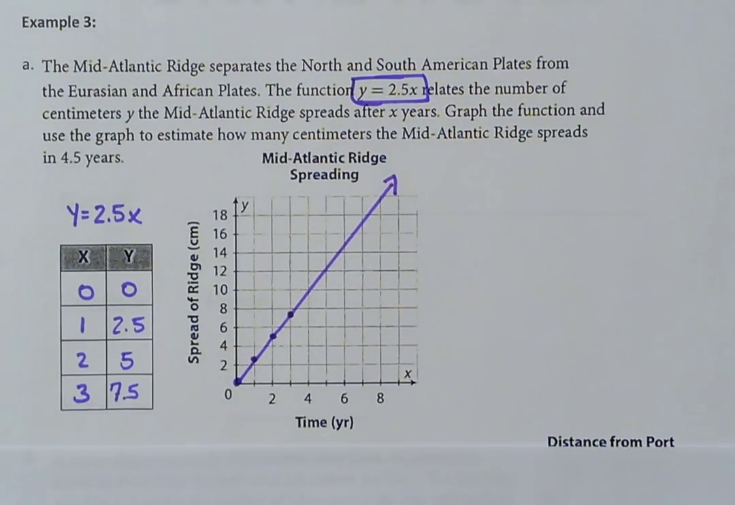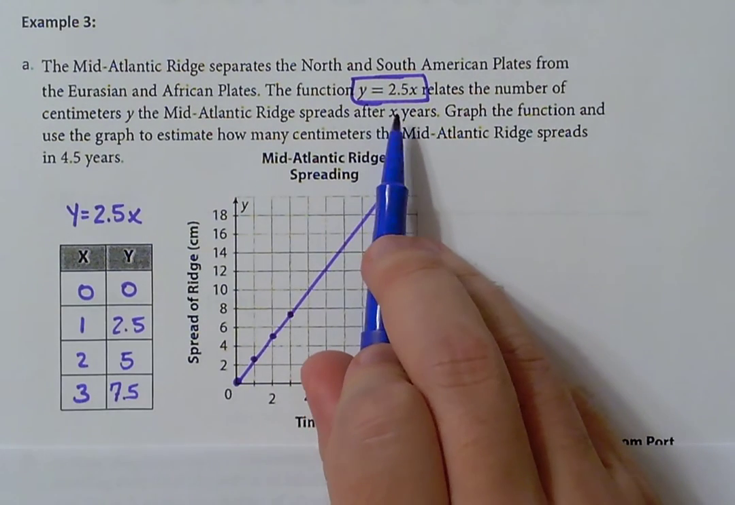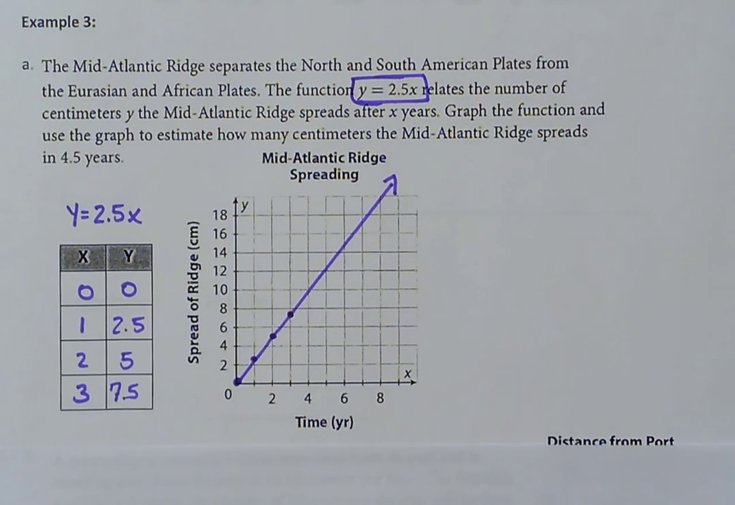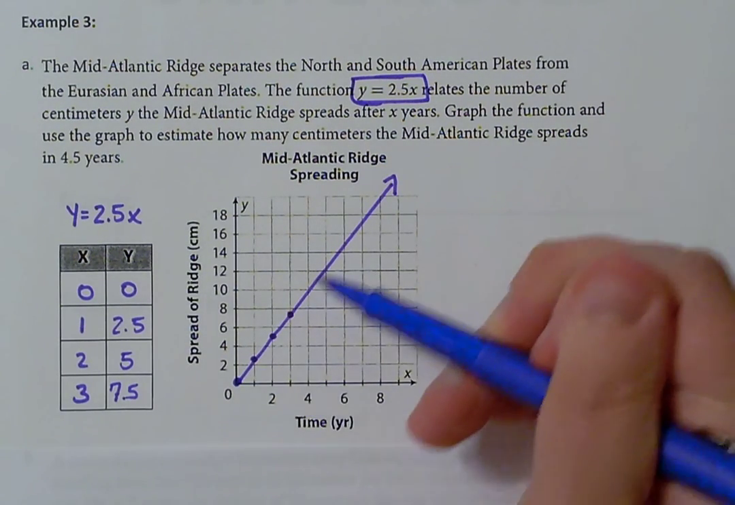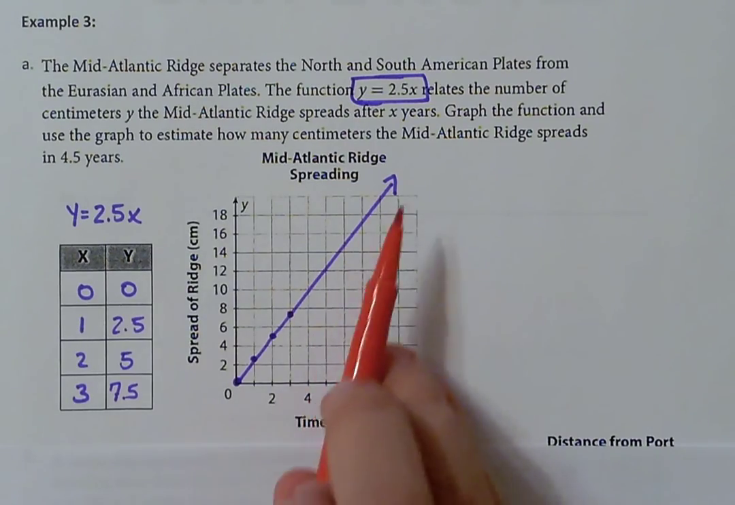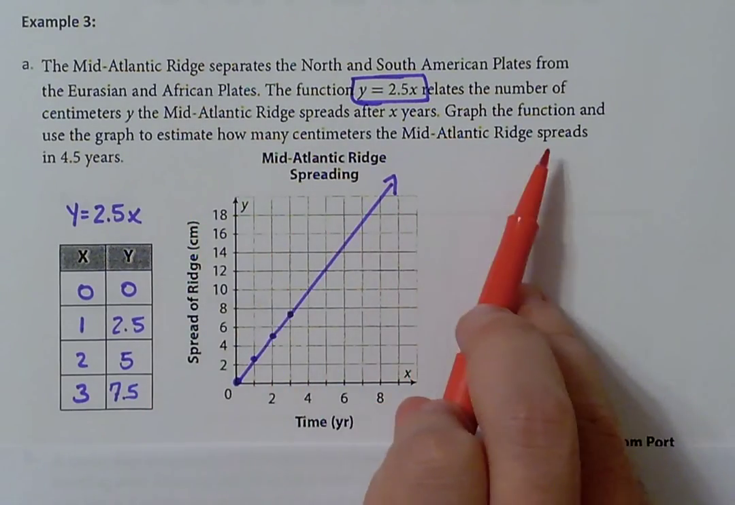And that represents my function of y equals 2.5x, which relates to the number of centimeters the ridge spreads after a certain amount of years. So as the years go on, the ridge spreads further and further apart. All right, now I am not completely done because it asked me to figure out how many centimeters it spreads